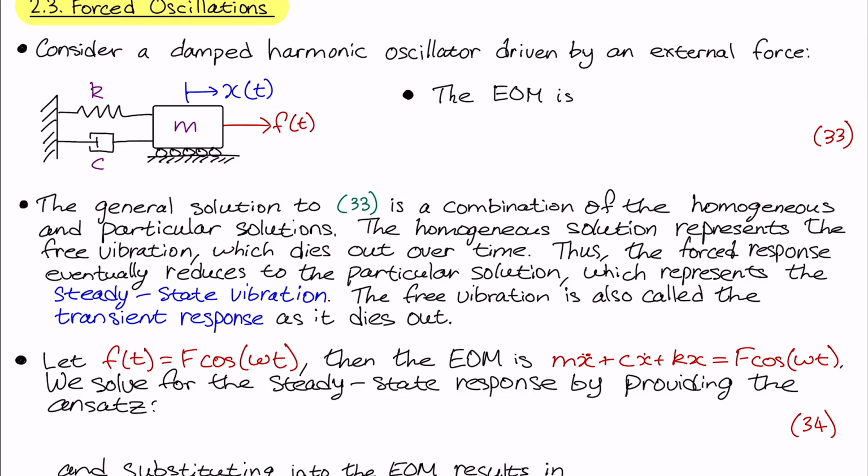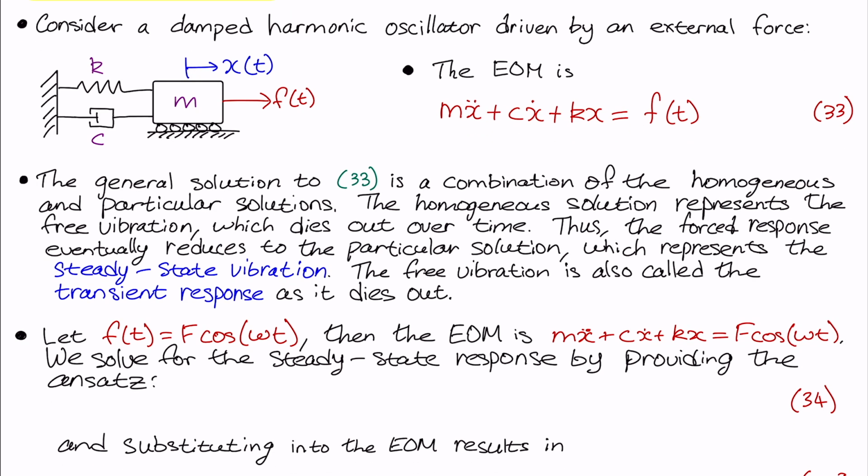All right, so we are going to consider a damped harmonic oscillator shown here, driven by an external force. That external force is going to be written as f of t for right now, and then we'll define what that is in a moment. For this system, the equation of motion is going to be m x double dot plus c x dot plus k x equal to our external force f of t. And so rather than having a zero there, we're going to have some type of external force acting on the